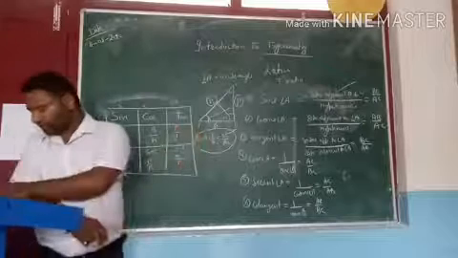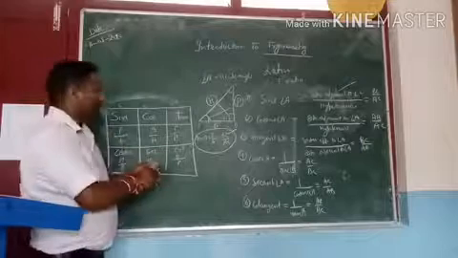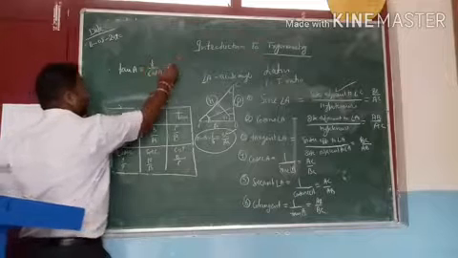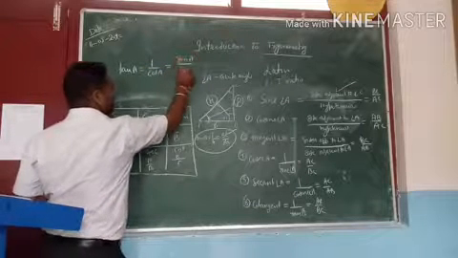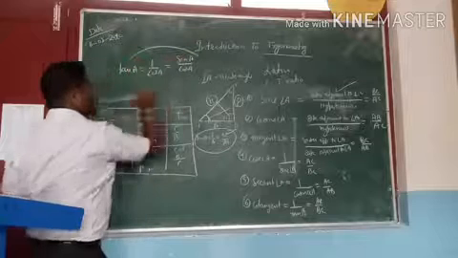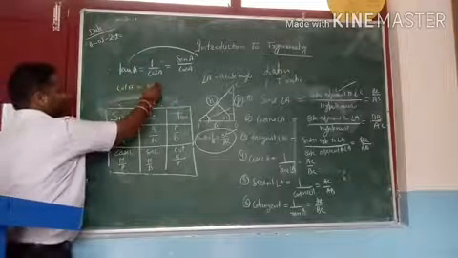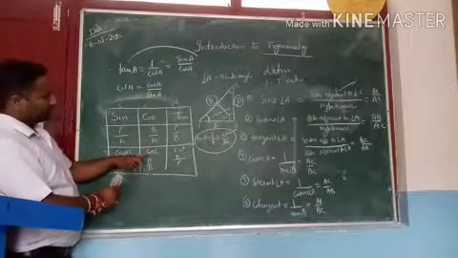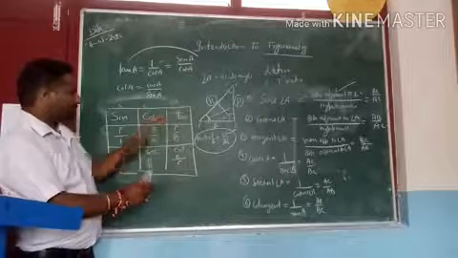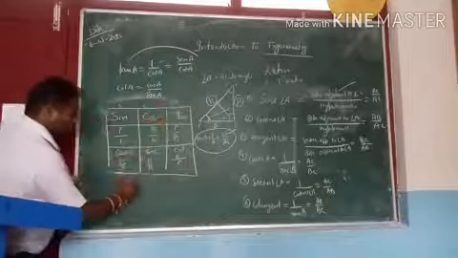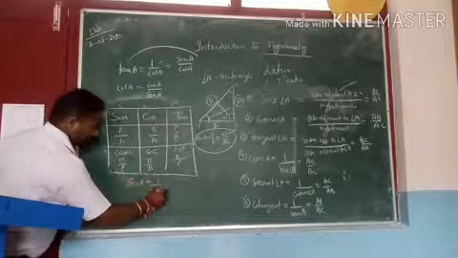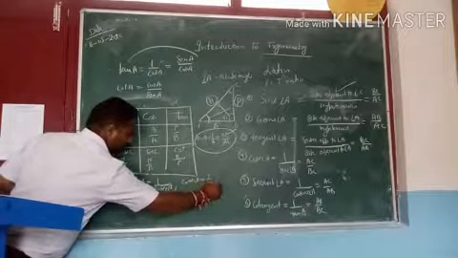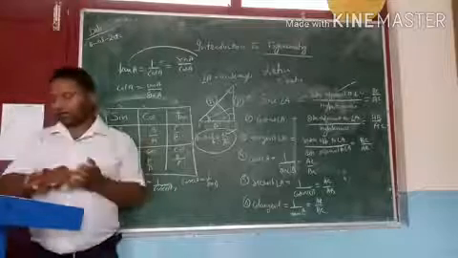One more interesting thing to keep in mind is that tangent A is 1 upon cot A, and you can also say it is sine A upon cos A. All these values are equal. Similarly, cot A is cos A upon sine A. Cosecant is always the reciprocal of sine, secant is the reciprocal of cos, and cotangent is the reciprocal of tangent. So sine A is 1 upon cosec A, and cosec A is 1 upon sine A. With the help of this table you can remember these formulas also.